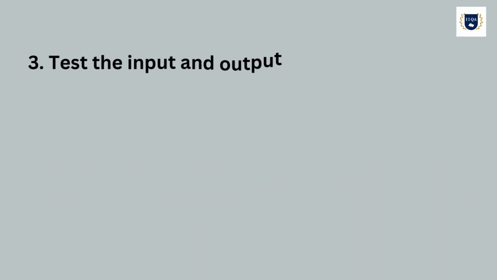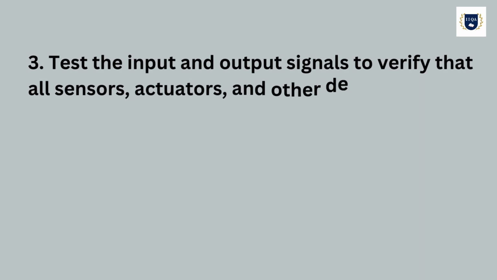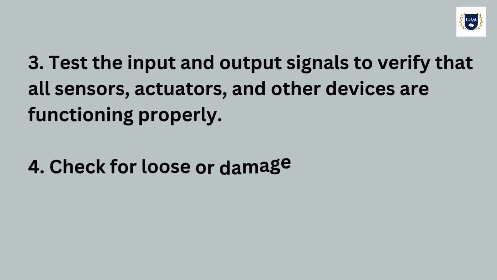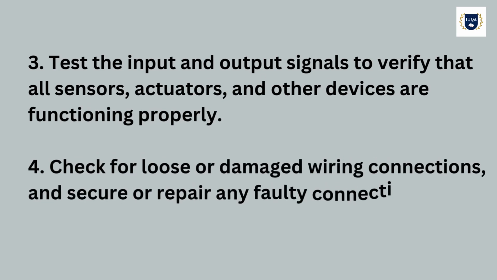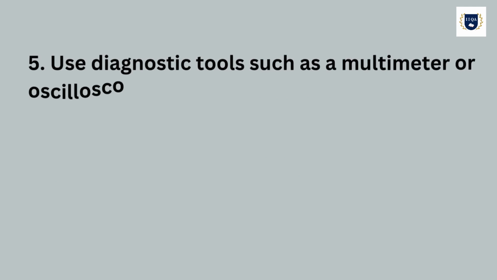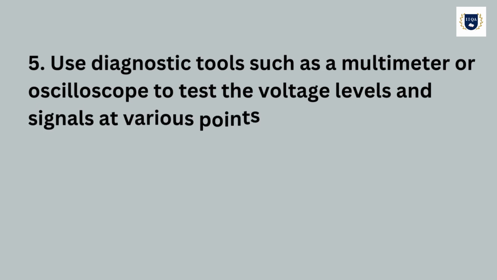Test the input and output signals to verify that all sensors, actuators, and other devices are functioning properly. 4. Check for loose or damaged wiring connections and secure or repair any faulty connections. 5. Use diagnostic tools such as a multimeter or oscilloscope to test the voltage levels and signals at various points